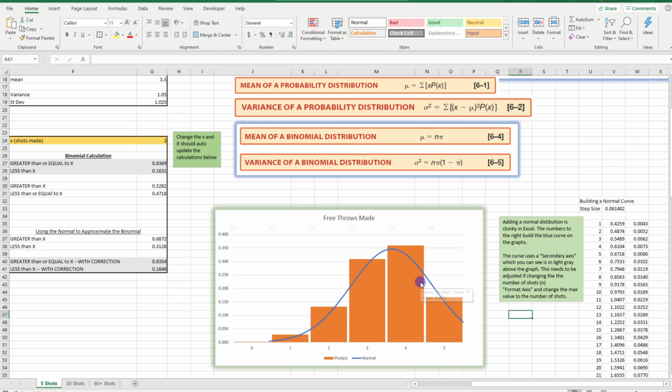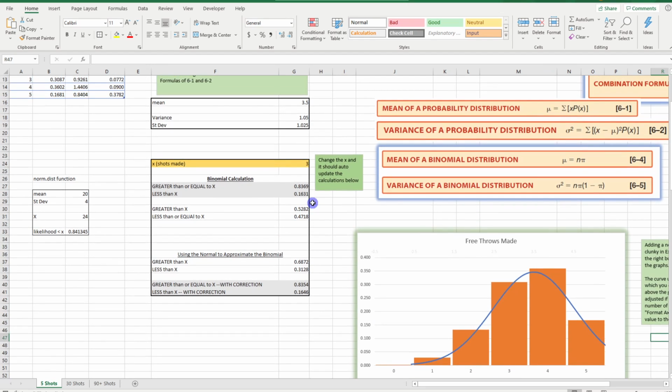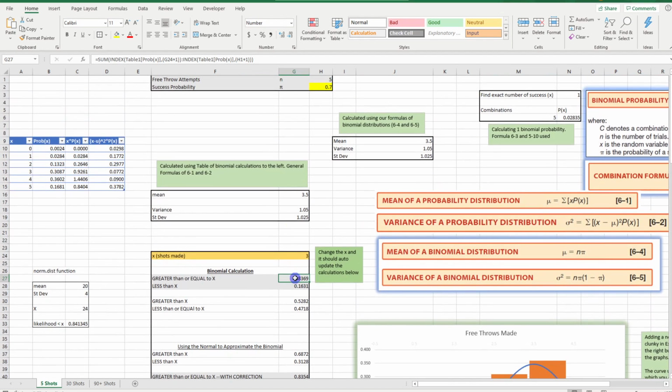Overlaying it on here, we can see that already with just 5 attempts, the normal curve fits it not horribly badly. And in fact, if we crunch the numbers with the binomial, and we want to know, for instance, greater than or equal to x. So what's the chance that you make 3 or more free throw attempts? So 3, 4, or 5, and we can find that again with some Excel